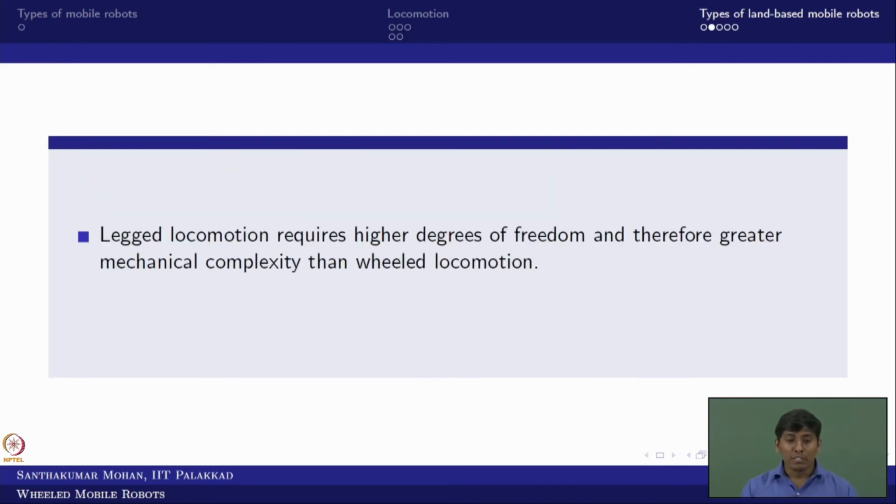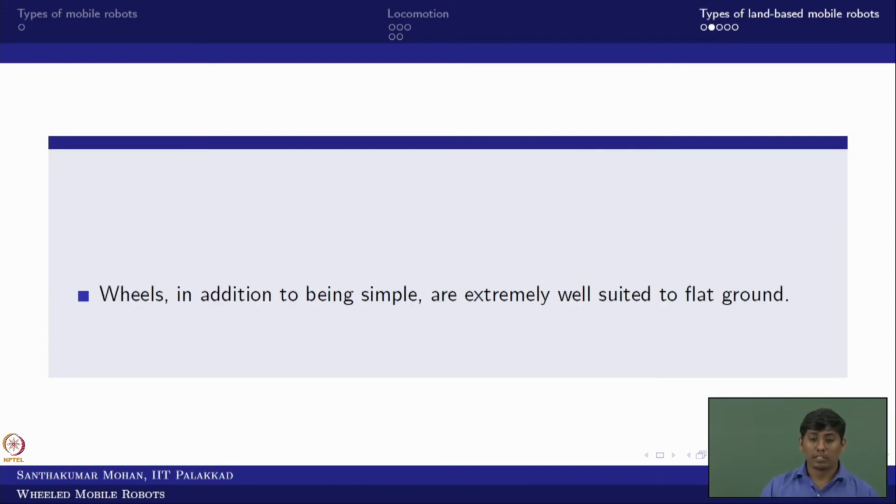What does that mean? Legged locomotion is one of the important aspects, and a very challenging one. The additional benefit is that it provides higher degrees of freedom. But it has higher power consumption, is more expensive, and the mechanical complexity is higher, though it is very good as a locomotion system. But if we are looking for the cheapest, simplest thing, then wheeled locomotion is one of the best. That is what I am putting.